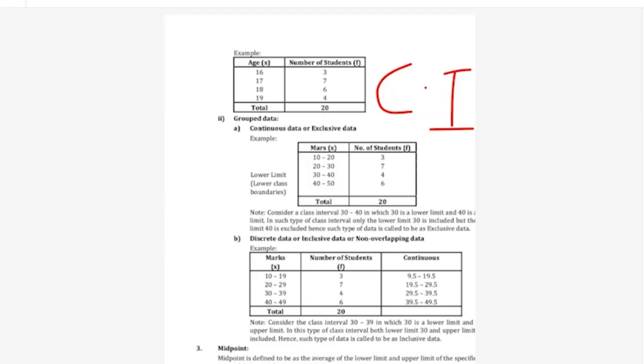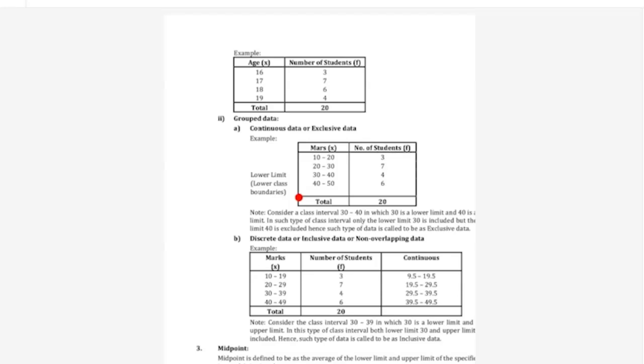Here, each of the class intervals is assigned two values. One is the minimum value and the other is the maximum value. So when we focus on the minimum values of the class intervals, they are 10, 20, 30, 40. These 10, 20, 30, 40 are called the lower limits,